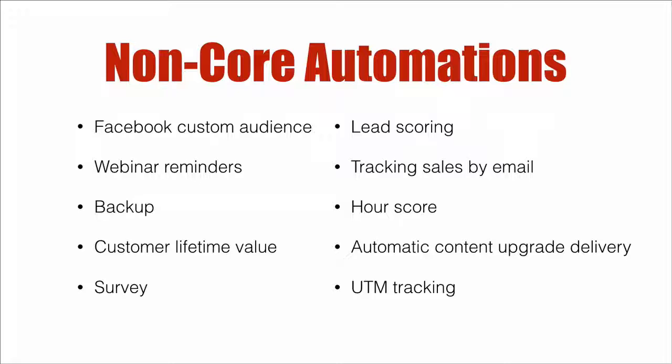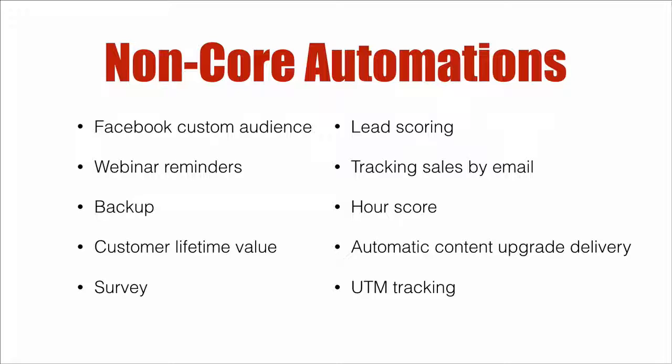Another automation is keeping track of sales by email in an automation. Kind of important, in my opinion, to know where your sales are coming from, where your focus should be on, what's working, what's not. Another one, not mine originally, hour scoring. So the idea is you want to send emails when people actually open them. And you can base that on email open rates or when they click on a link. The click on a link is better in my opinion,